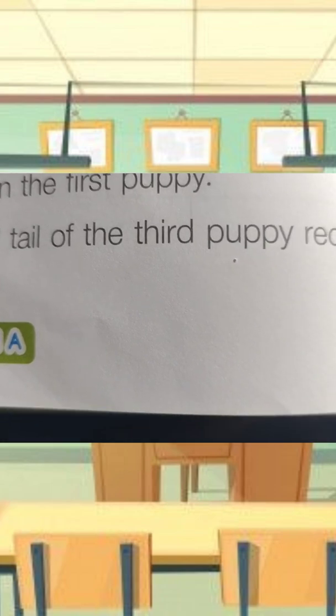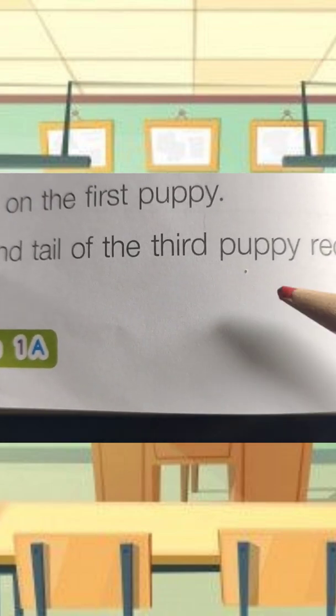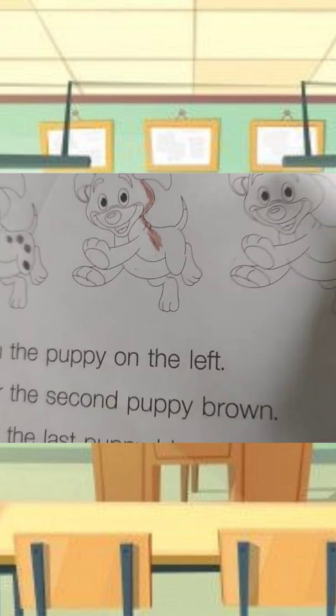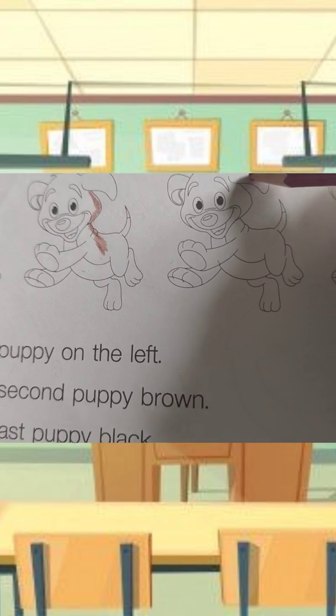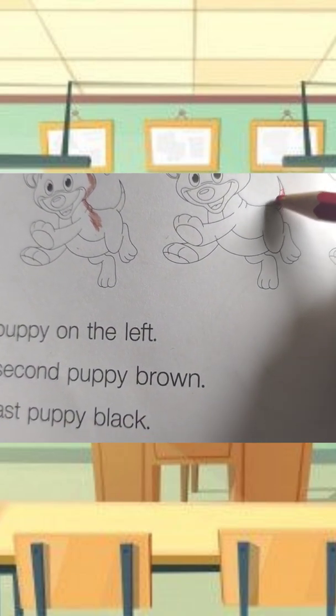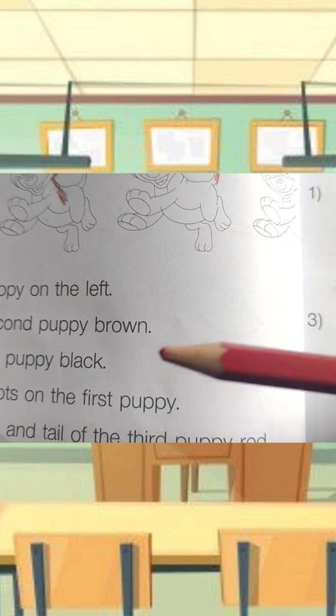And number 4, color the ears and tail of the third puppy red. So for the third puppy, you have to color only the ears and the tail. This is the tail and these are the ears. You color the ears and the tail with the red color. Okay guys,